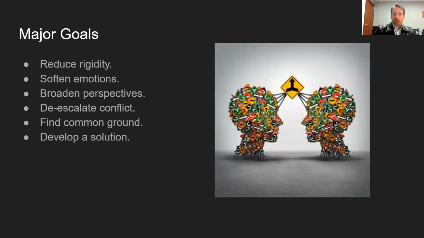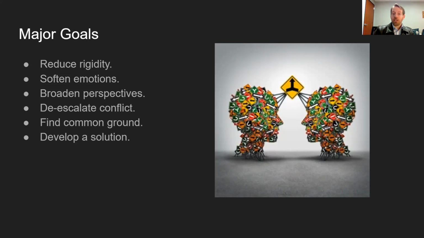The goals of the talking stick are very simple and straightforward. First, they are to reduce rigidity on the part of both parties so that they are going to be in a better position to understand both sides of the issue and work towards some kind of solution that is mutually acceptable. Second, if this is done correctly, it should help soften difficult emotions that the two parties are having about each other. It should also help both parties broaden their perspective about the situation, including their contribution to it and the other person's needs in the process as well.